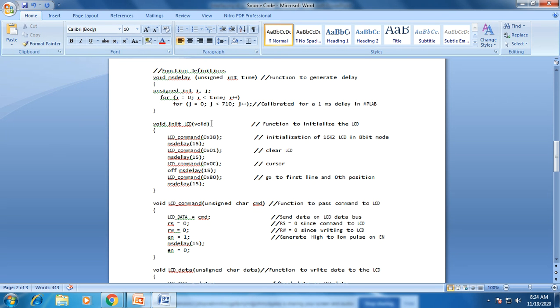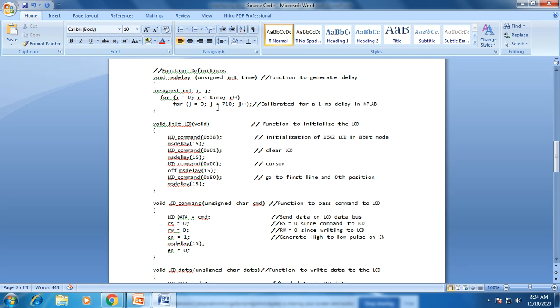In the function prototypes, or in the subroutines, here you can see this delay program is written for 1 millisecond time delay generation. The integers i and j are used, and they are acting as counters for generating a 1 millisecond period in MPLAB.